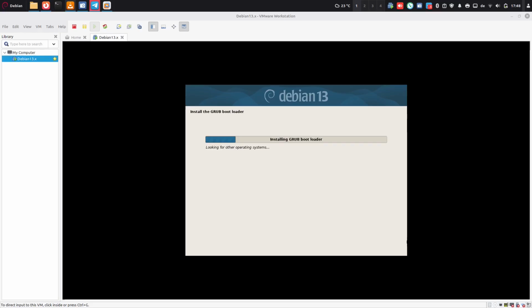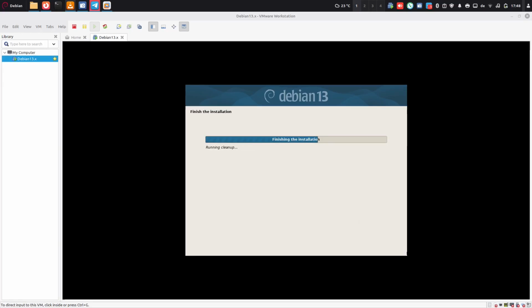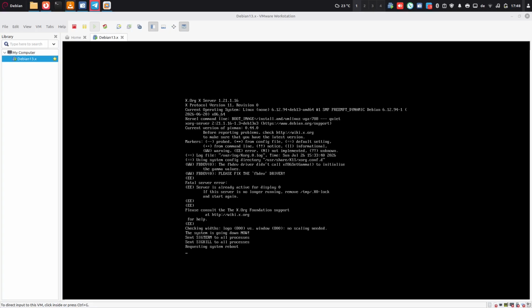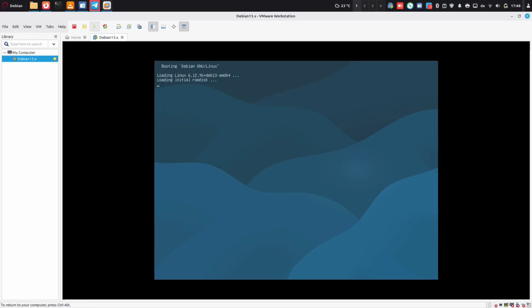Finally, the installer will ask about the grub bootloader. Grub is the software that tells your computer how to start Linux. Congratulations! The installation is now finished. Click Continue. The virtual machine will automatically reboot and you will be greeted by the brand new login screen of